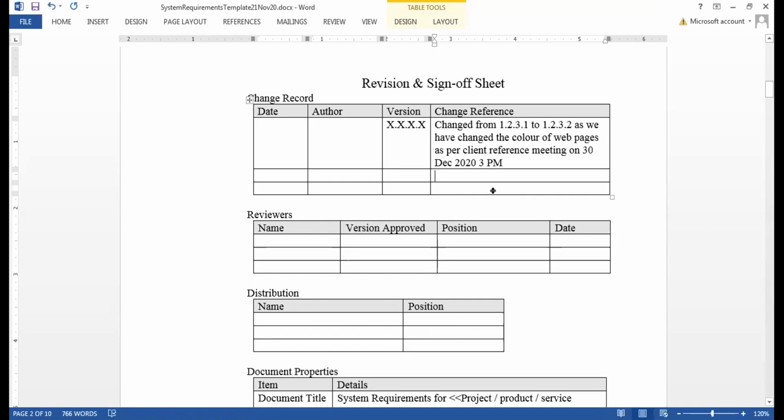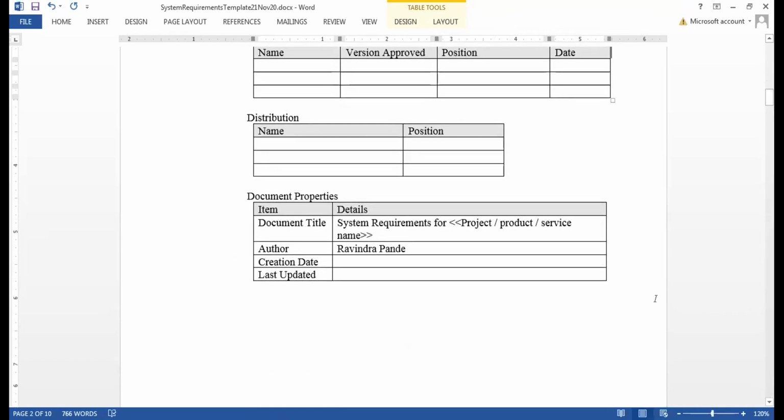Normally there's a web page for this on your intranet. Whenever you try to understand the sign-off sheets, you'll have all these things, and there's a sign-off by the client, and sign-off by my internal approval authority, saying this SRS has been reviewed and approved. That's why we have reviewers and distribution. You'll mention wherever you shared this document, with whom, his position, with the client and within our organization at Infosys, and so on. Does that start making any sense? Yes, sir. Thank you so much. Great, no problem. We'll learn this in depth one by one.